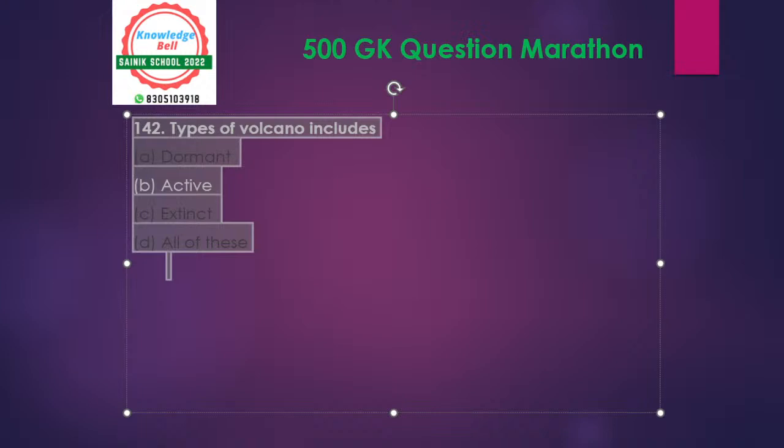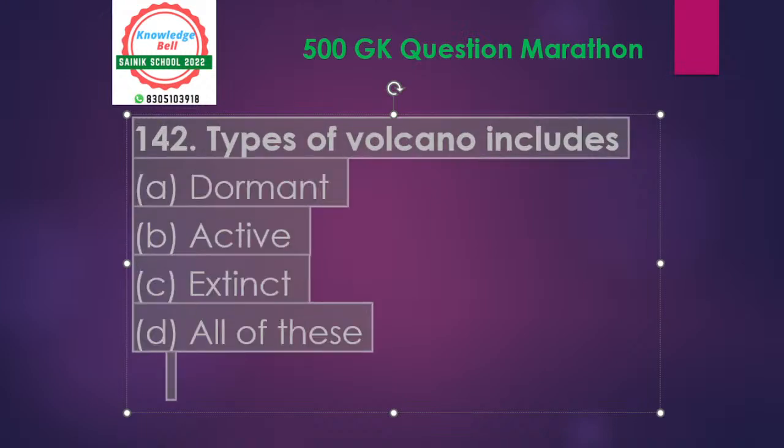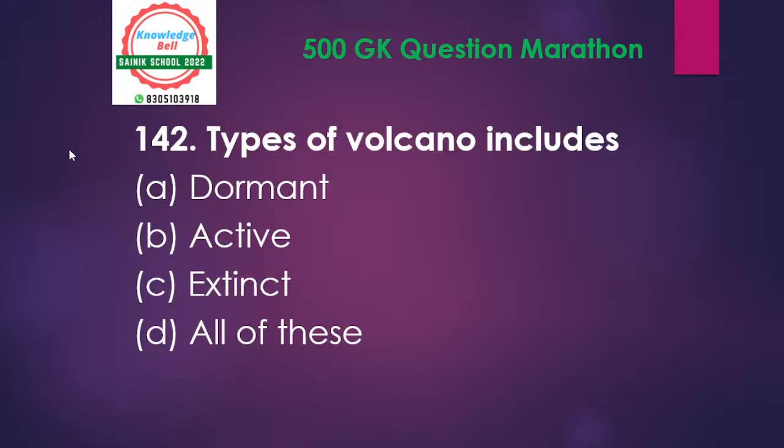Next question: types of volcanoes include dormant, active, extinct, all of these. Types of volcano include dormant, active, extinct, or all of these. Yes, you were correct, Sarthak. Types of volcanoes include